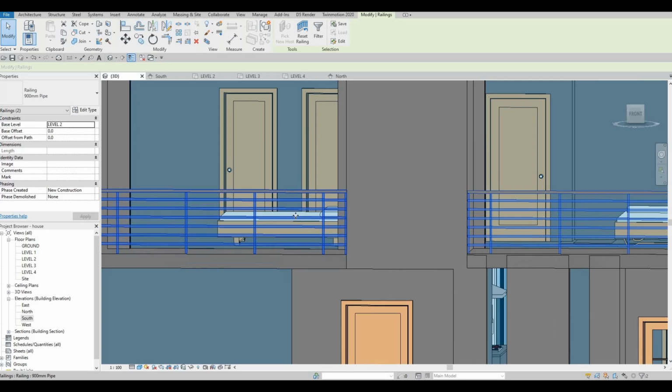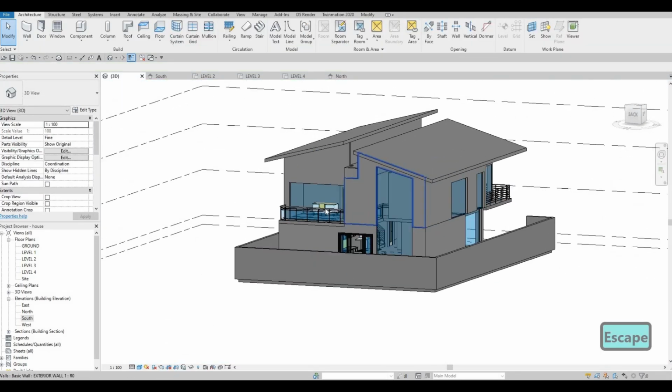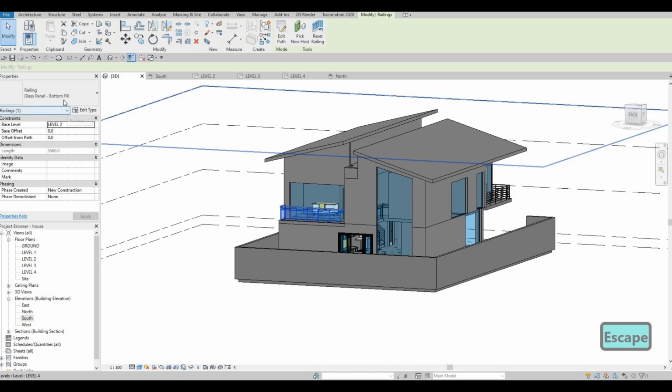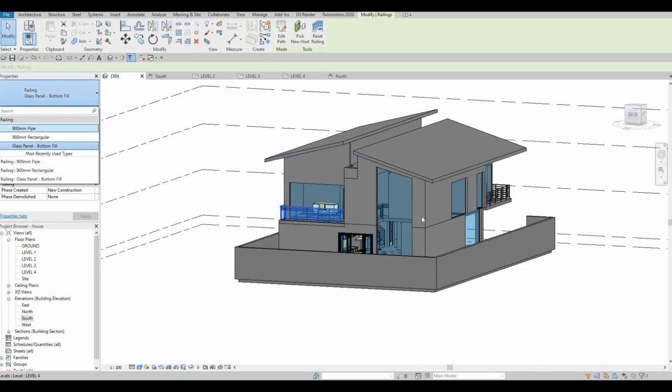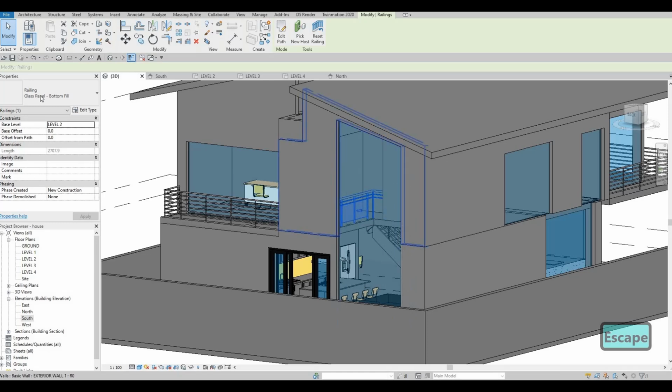I think the pipe is much better. So I'm gonna change it to pipe, and even the one in right here,